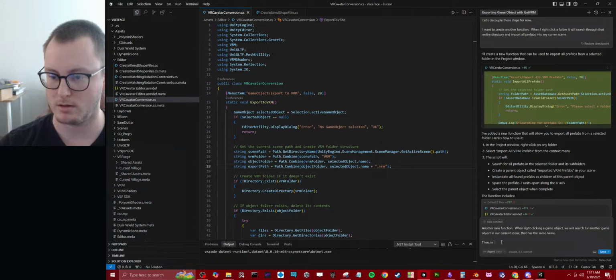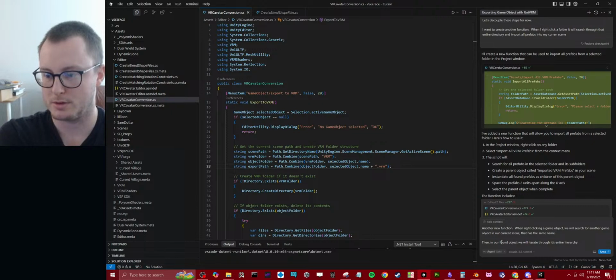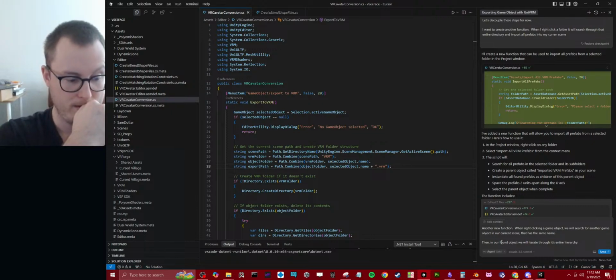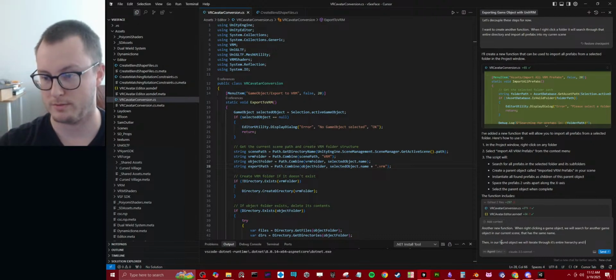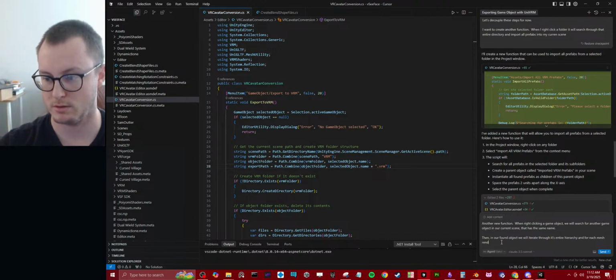Then, in our found object, we will iterate through all child objects through its entire hierarchy. And for each scanned mesh renderer, we will